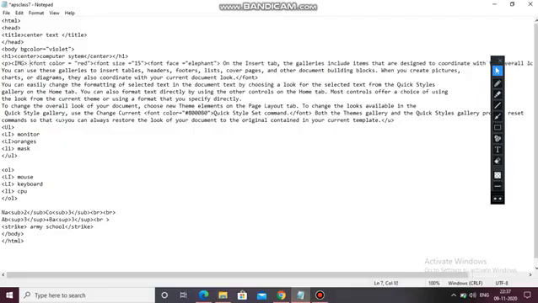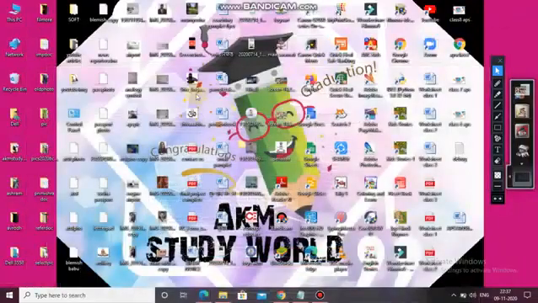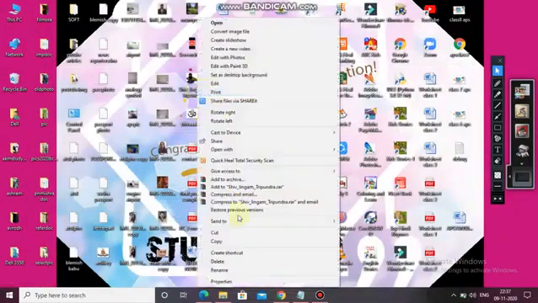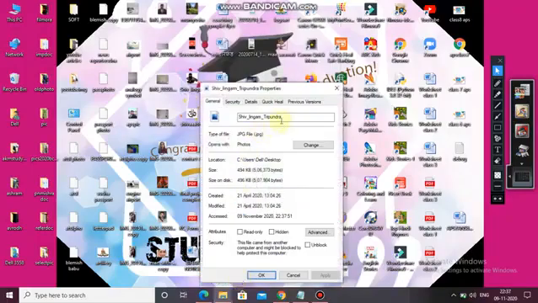Then next, the name of the picture. I have to see if I am having any picture or not. Okay, like this Shivlinga image. If you don't know the path, you just click on the properties and from here you can see it written.